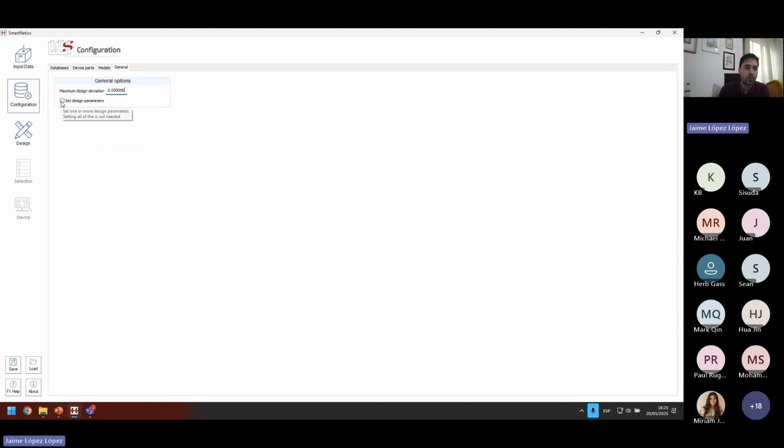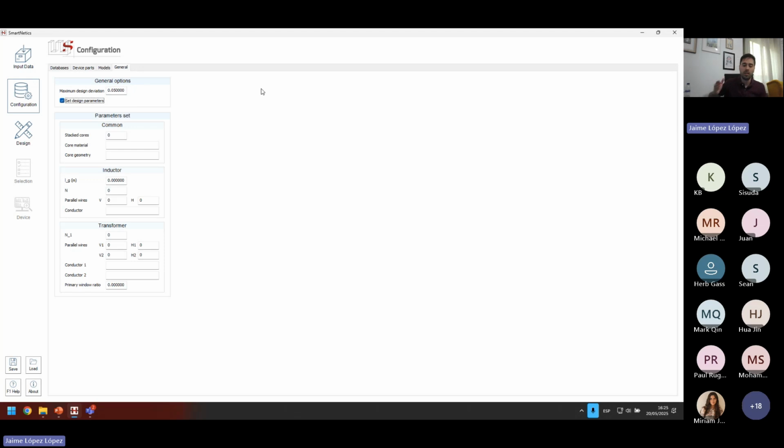And the last thing we can do here is to set some design parameters. The user can set only one parameter or some parameters or every parameter in the design. For example, let's say you want to make a design, in this case, an inductor, and you want to do everything from scratch, but you have already the PCB manufactured, or you are only going to change the inductor in one previous design, so the size is already decided. So let's say you only want to use 2 stacked cores, for example, of a given geometry, because you know that you have room for that. Then you can set only those values and let the tool calculate the remaining ones.